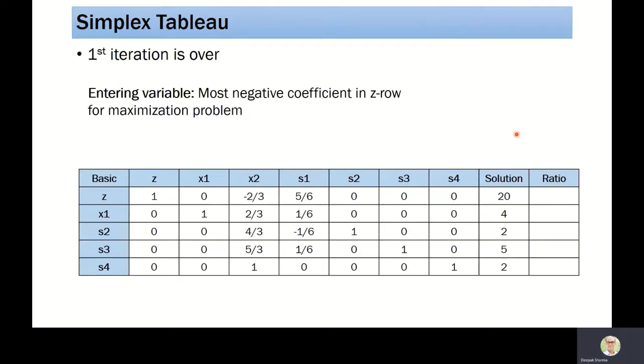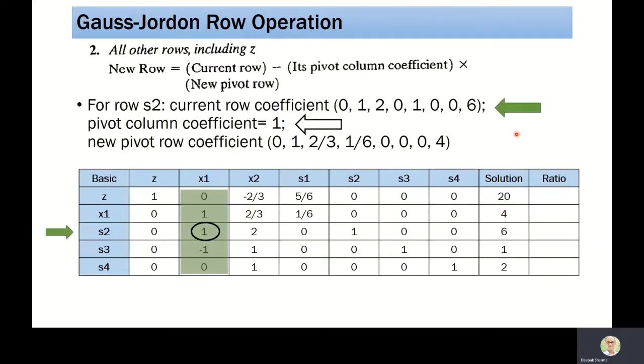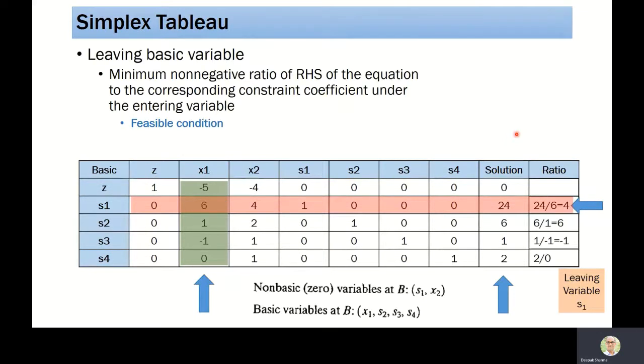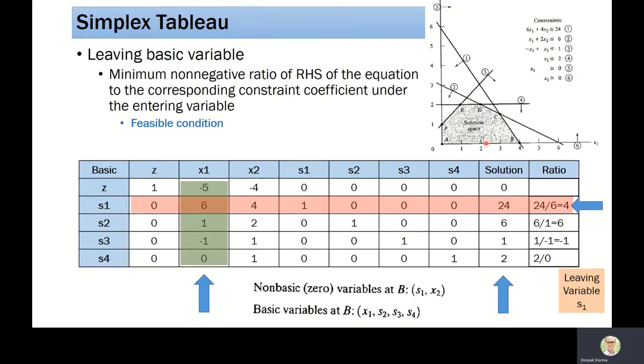So if I go back again, let me show you the feasibility condition here. We started with the origin A. Afterwards, we find x1 is going to enter, meaning that we have to move along the x1 axis. Then only x1 will become non-zero. Now, if I'm moving along the x1 axis, I can take point B, or I can take the point which is at 6, 0.